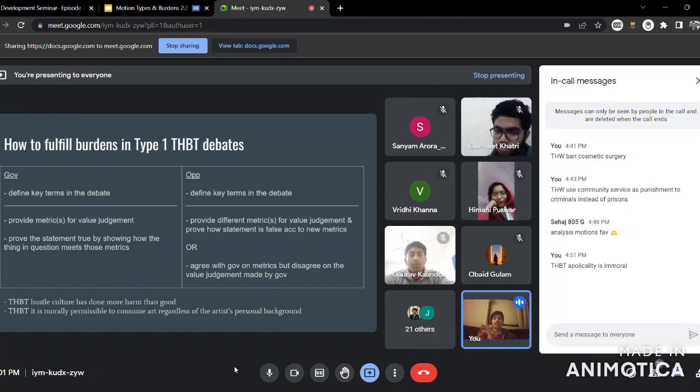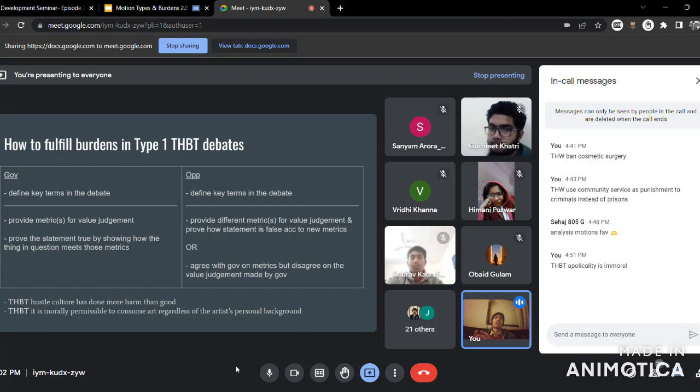So this is important. If you ever feel that a gov team is skewing the debate too much or defining something unfairly, as opposition, the first thing you need to do, and only in LO speech, you can't do this in DLO or OpWhip or things like that, you have to do it right in the LO speech and pose a definitional challenge and challenge the definition set by Gov and tell why that's unfair. Give your definition which is more reasonable. Why is it more reasonable? And then start your debate.